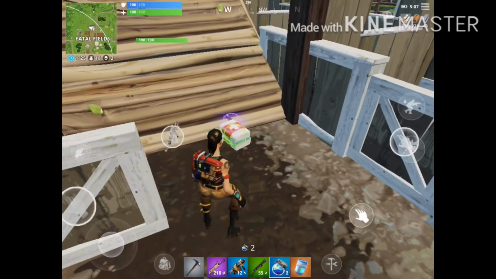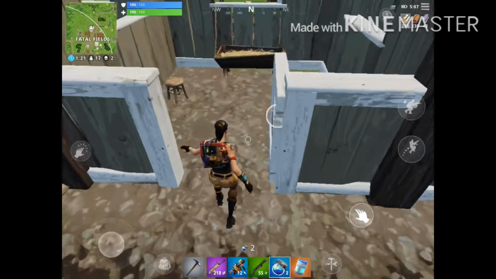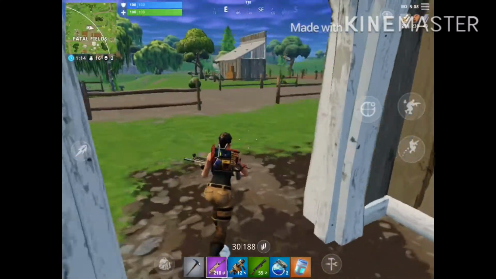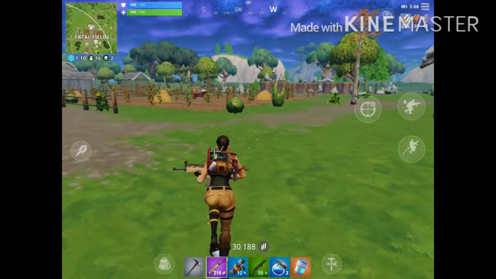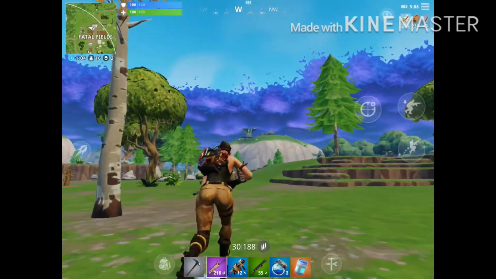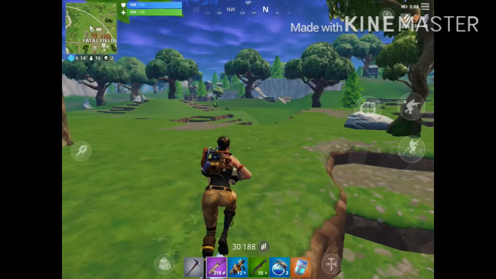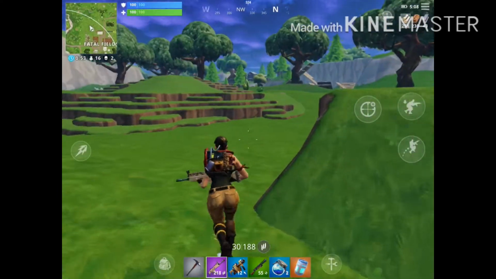So then I can't figure out what to switch out for this med kit, so I just leave it there. And I go out to see what else is in Fatal Fields, like other people and loot. I see this fort from the Porta Fort, and I see this. So I go out of Fatal,